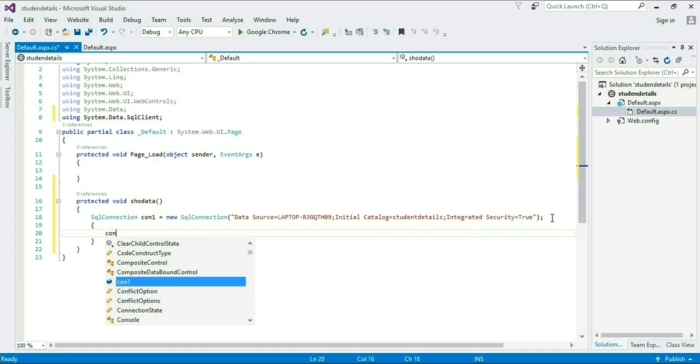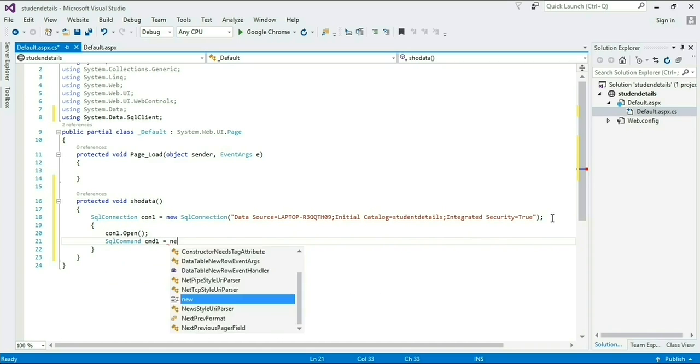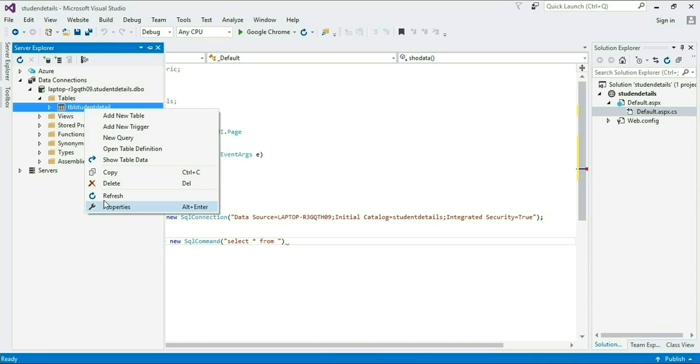Now give a command to write SQL. First of all I open the connection and then I give a SQL command, and this is our object name cmd1, new SqlCommand, and give a SQL query. Between the double quotes I am giving select star from my table name, which is tbl_student_details.